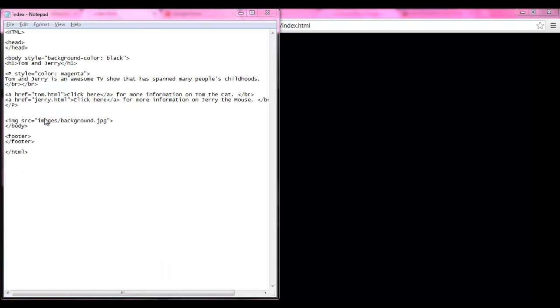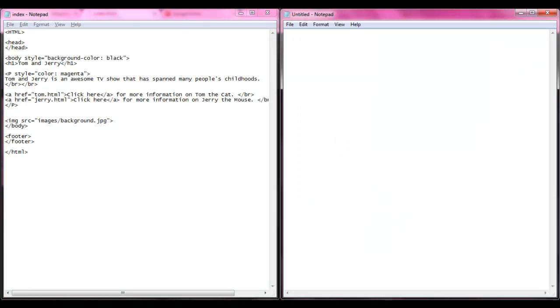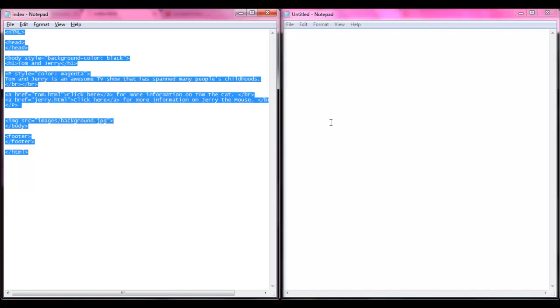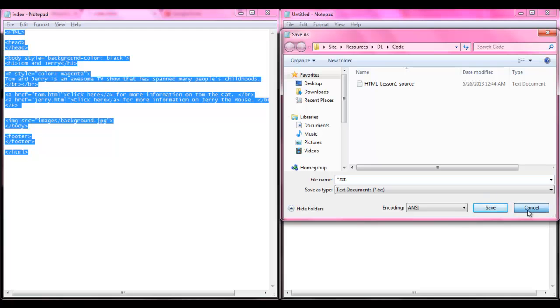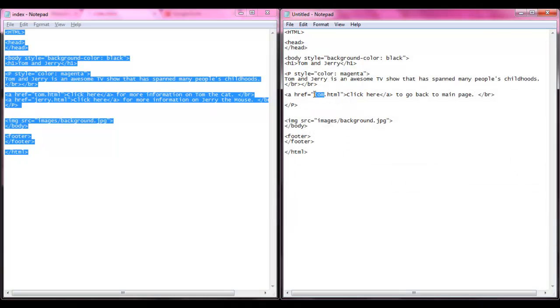So how we do this is we actually open another Notepad document and save it over here. Let's just copy and paste so that we have the same color background and the same color font. And what we're going to do is delete this, and then we're going to change this click here, and we're going to say to go back to main page. And then what we're going to save it as is